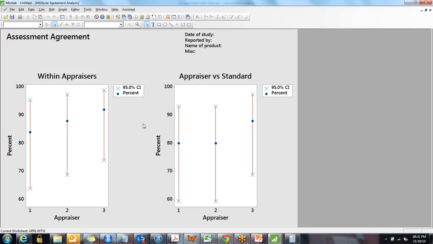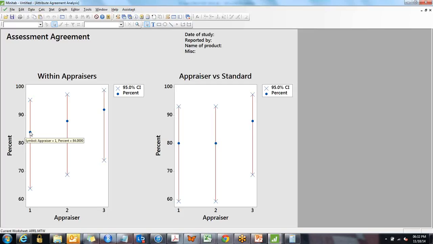Yeah. So that is what we are doing, and we are checking whether operator 1, 2, 3 are taking correct measurements or not. Operator 1's value was 84%. That means 84% of the times he is measuring the same readings that he has initially measured. So he has taken measurements twice of the same parts. You're asking him to take measurements twice. Why? Because you want to see whether both of the times he's taking the correct measurements or not.